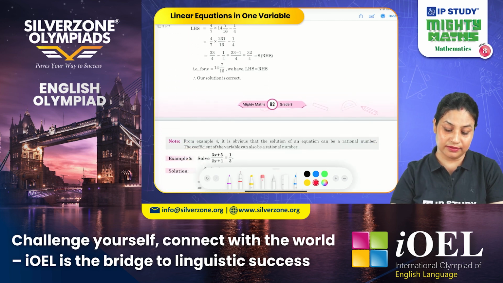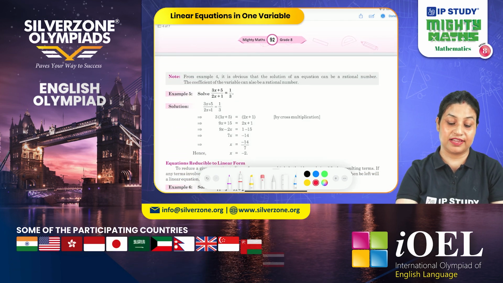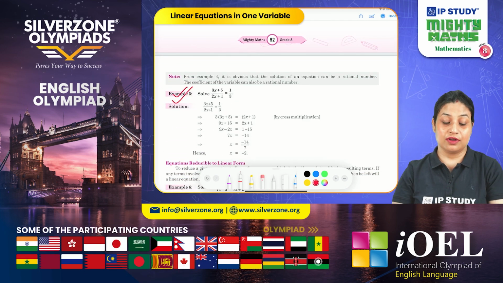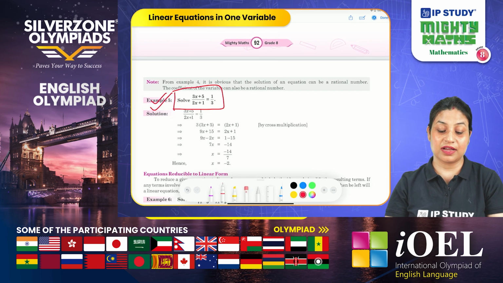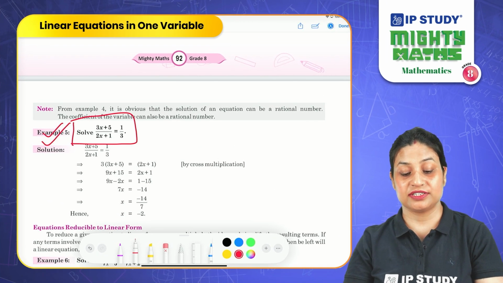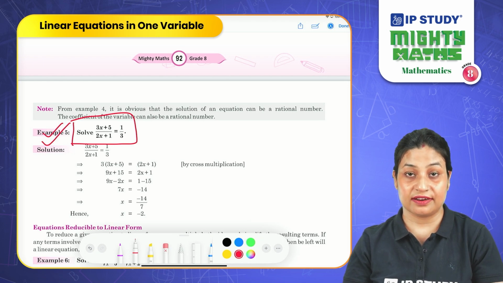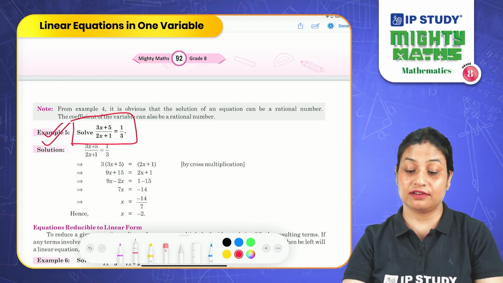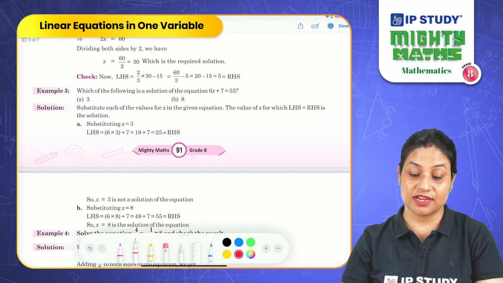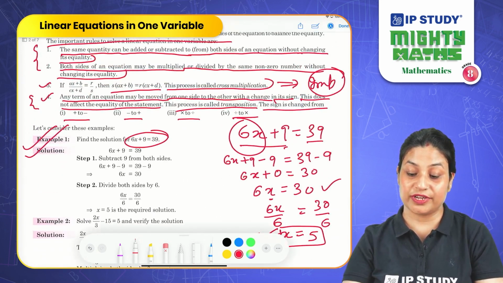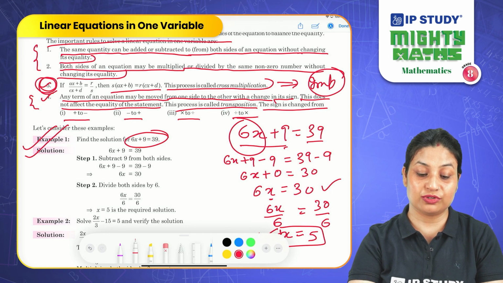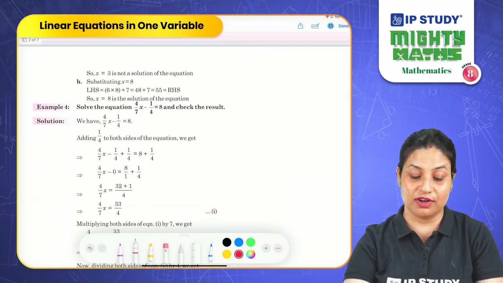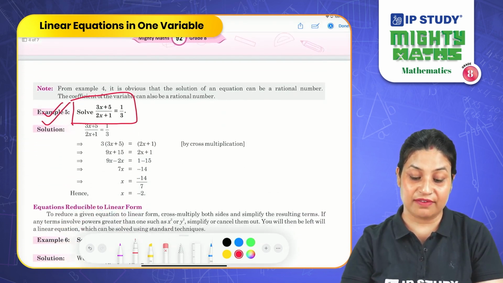Let's take another one. Let's take this example, example number 5. So this is quite different. How come? I can see multiplication, division, everything is there. So we have read the third rule. We have discussed 2 rules and we have applied these 2 rules over here in example number 1. Now we are going to use this rule 3 in order to solve this example number 5 over here.